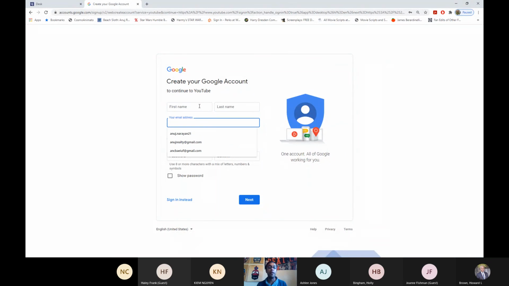But all you would do is come in here, create your email. None of this ever has to be consumer facing, so you never have to worry about that, right? All of these emails can be forwarded to whatever email you want. And in the contact space, we'll be able to add whatever email you want your clients or consumers to see. So this is, again, just for managing the YouTube channel. And along with being able to title the channel, you can also delegate access.